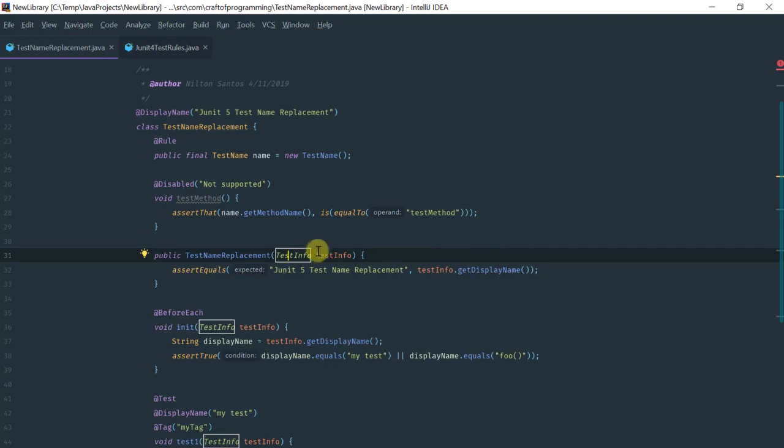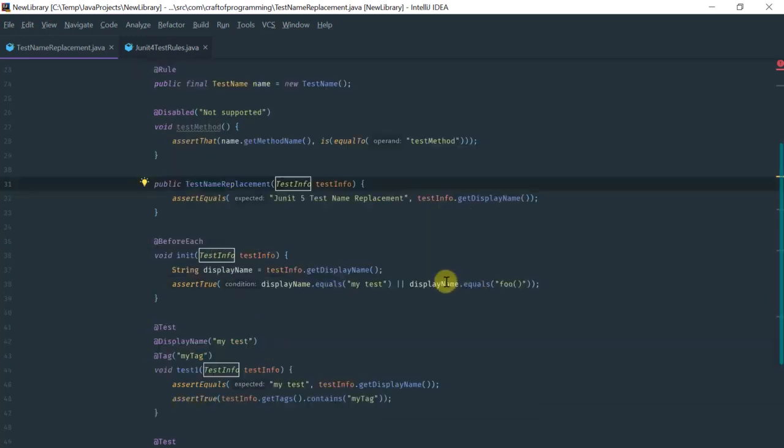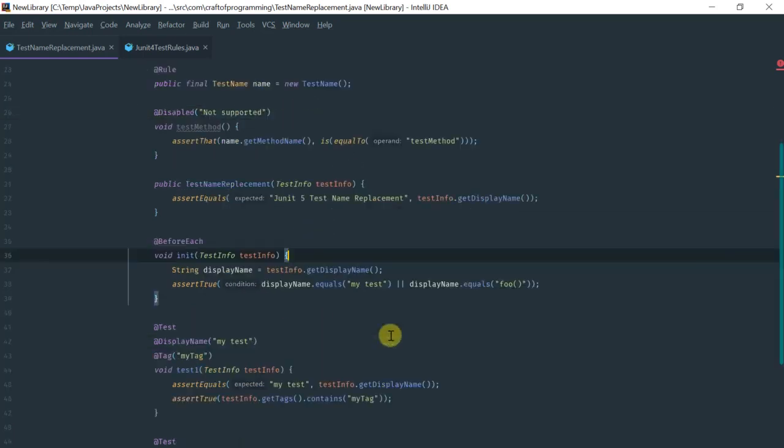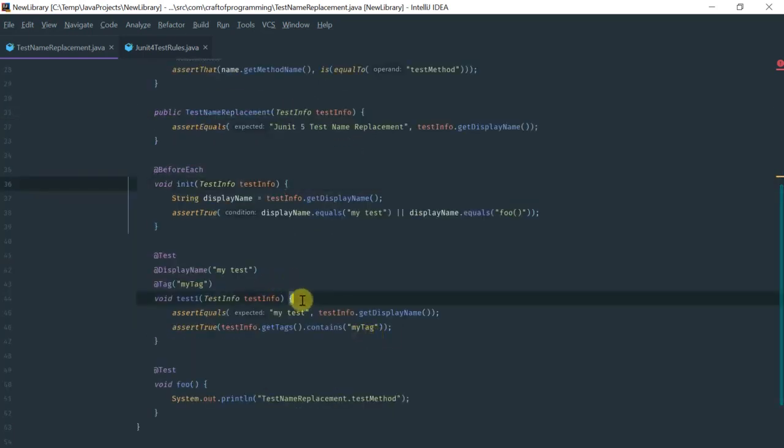We have the test info passed in to us, and we can then assert its display name. We have access to the display name through the test info object, and because this is the constructor, when you call display name it is going to give us the name of the test class. Conversely, on a test method, when I call display name, it's obviously going to give me the name of the test